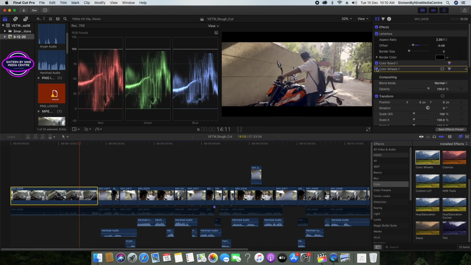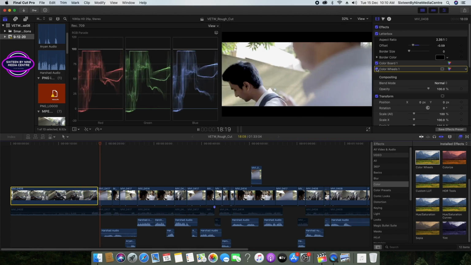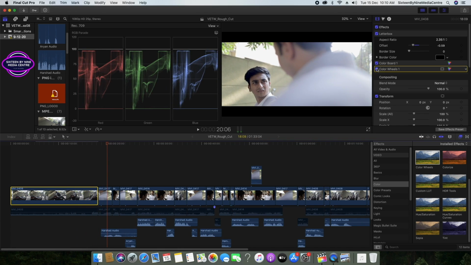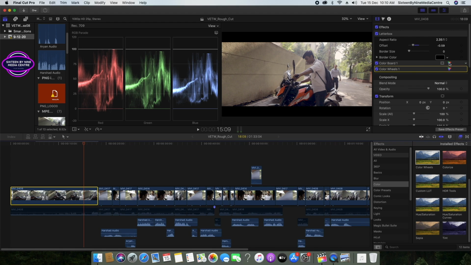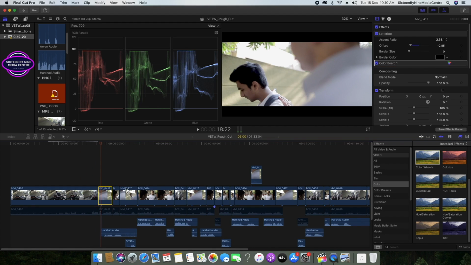In editing, it is a rule that you cannot let the audience know that you have edited something, right? So if you put too much color, people will know that it is color corrected or this is not natural. So let us come again here and let me put a color wheel into this frame.